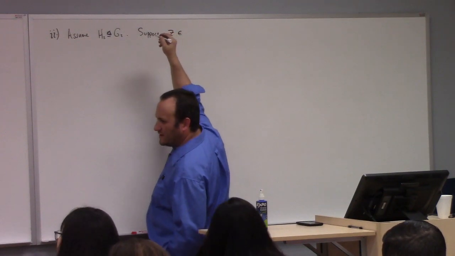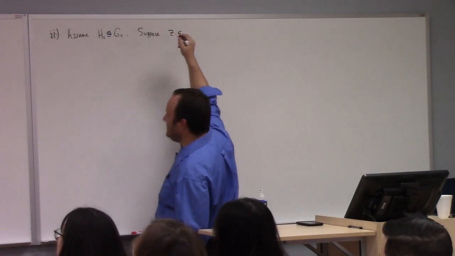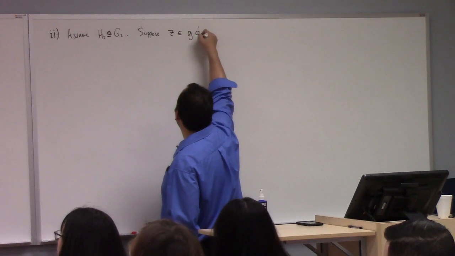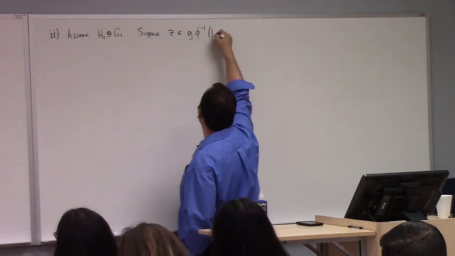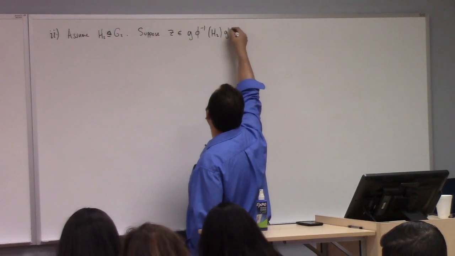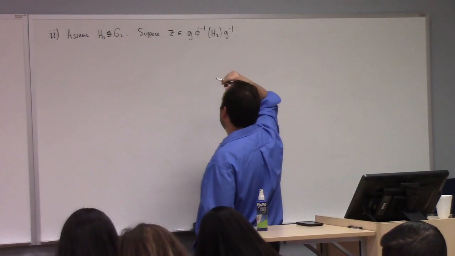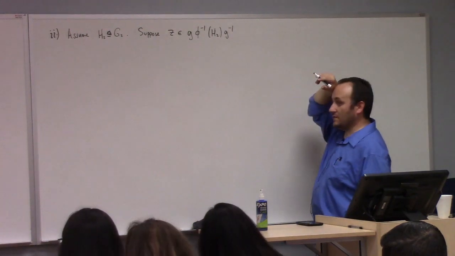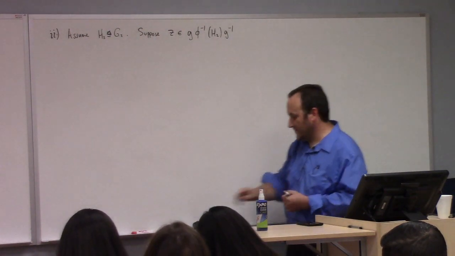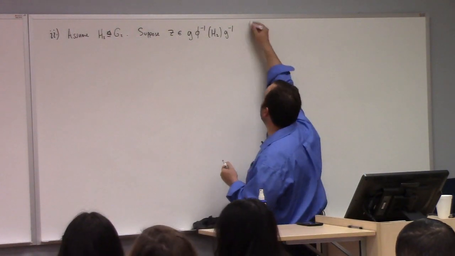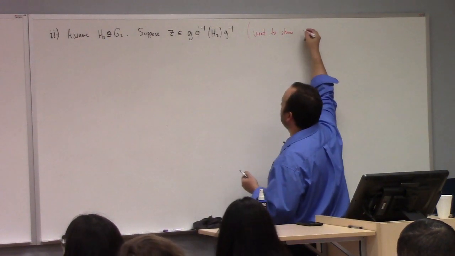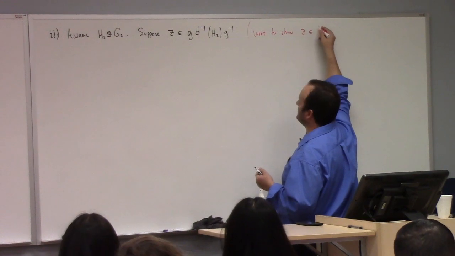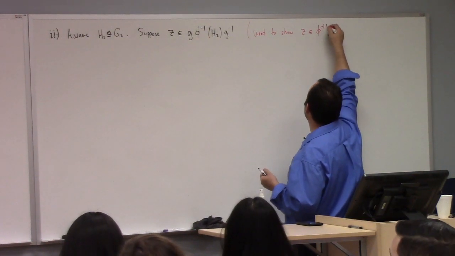I can't read my own writing. g phi inverse of H2 g inverse, yeah? What's our goal? Our goal is to show that Z is an element of, in fact, phi inverse of H2,